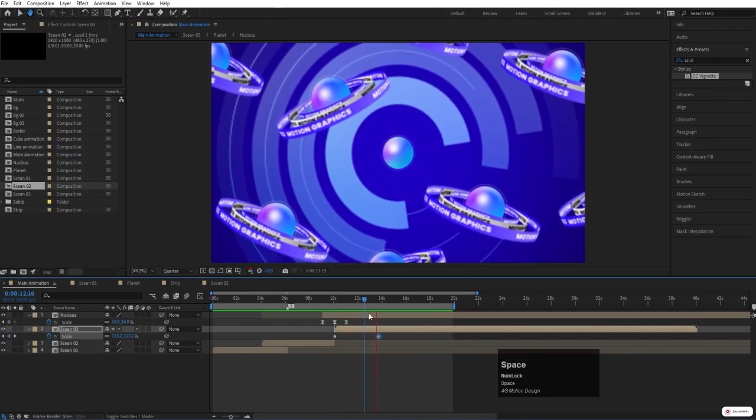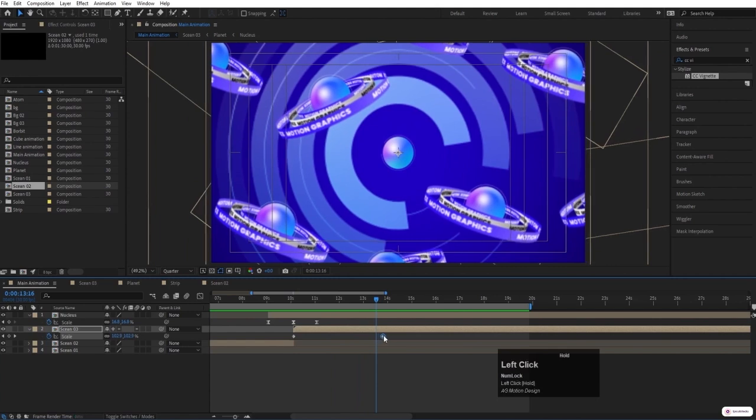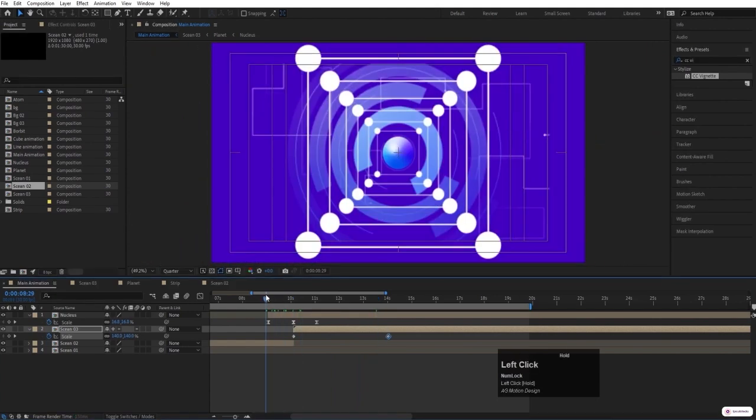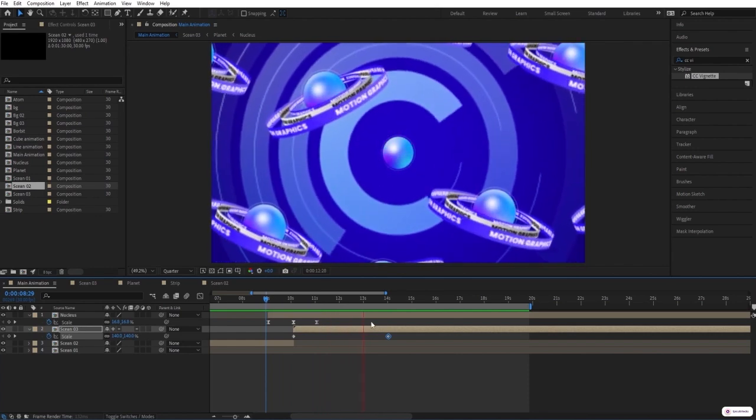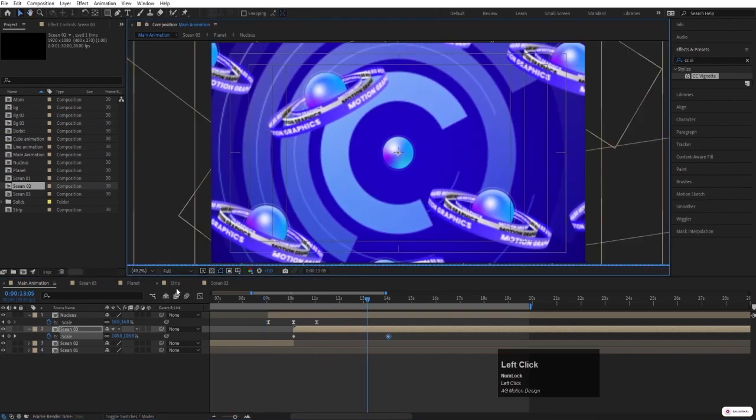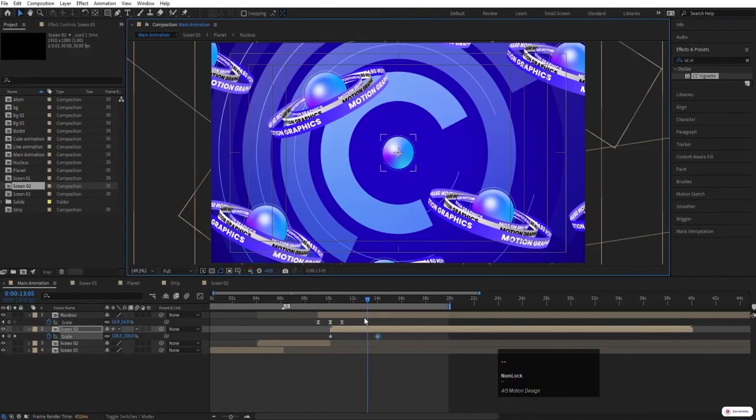So over here like this, and let's save this file. Okay, first we will get this, and then we will get this. Now if you see this in full resolution, we are gonna get this kind of structure. And I think this